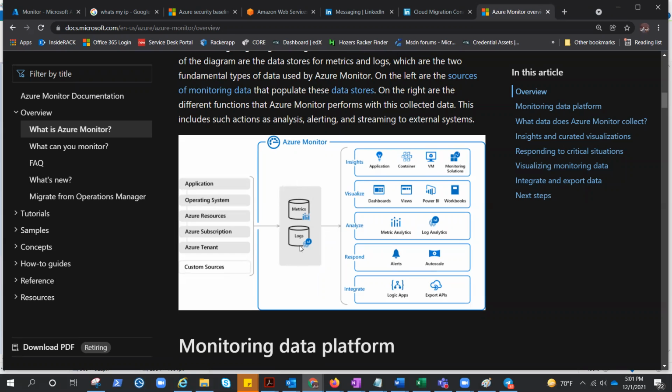Well, logs contain different kinds of data organized into records with a different set of properties for each type. Telemetry such as events and traces are stored as logs in addition to performance data so that it can all be combined for analysis. Metrics are a point in time numeric value, and logs are a flow of